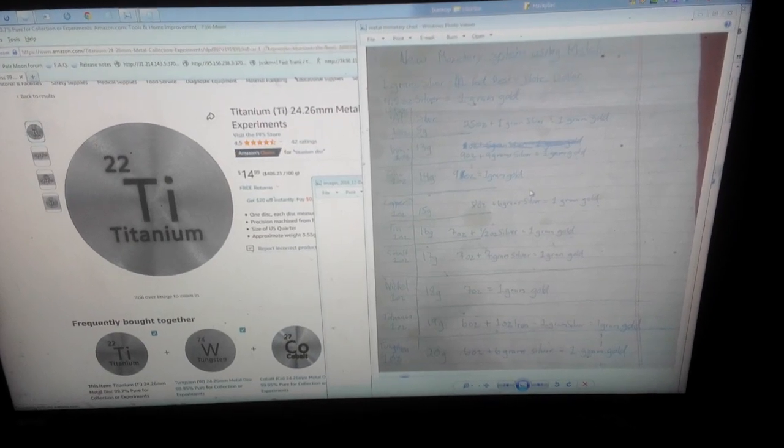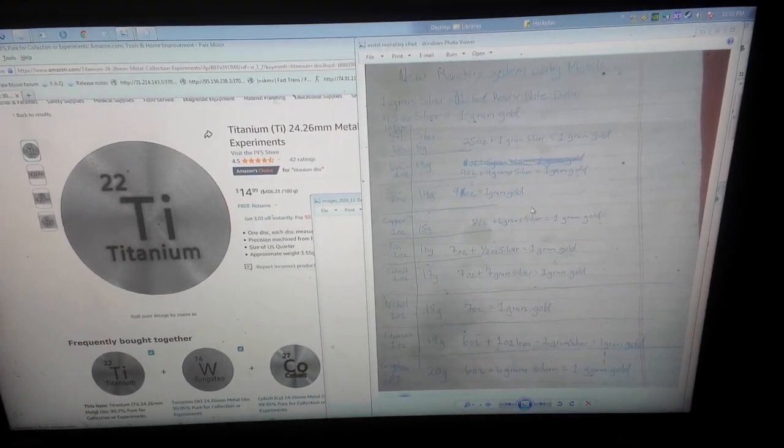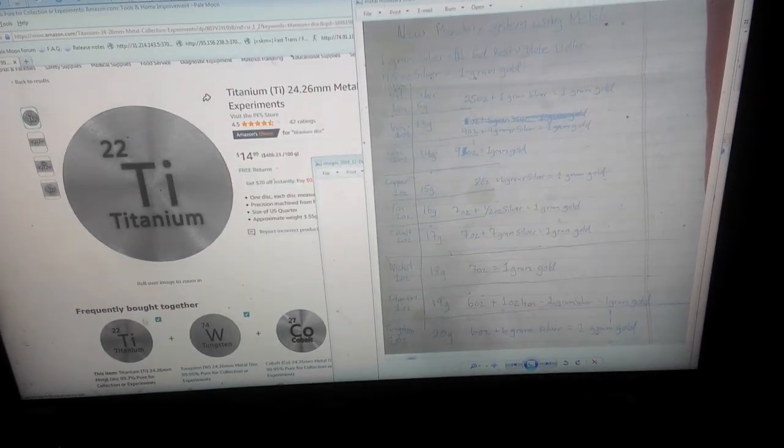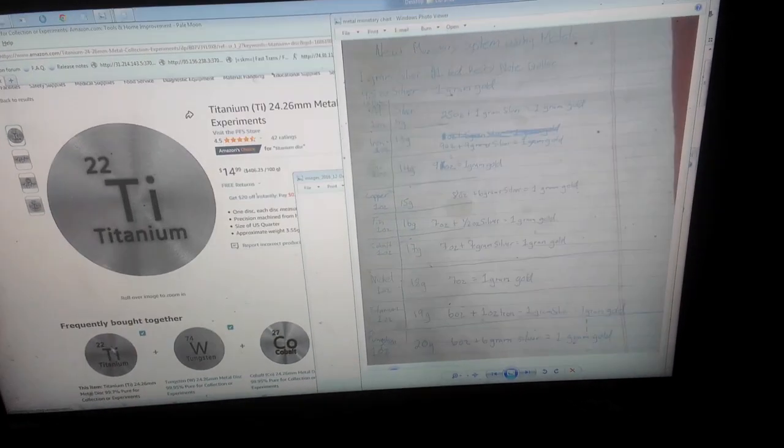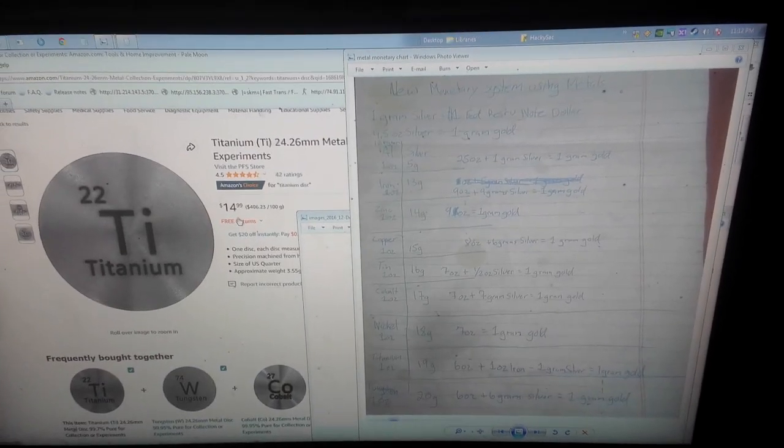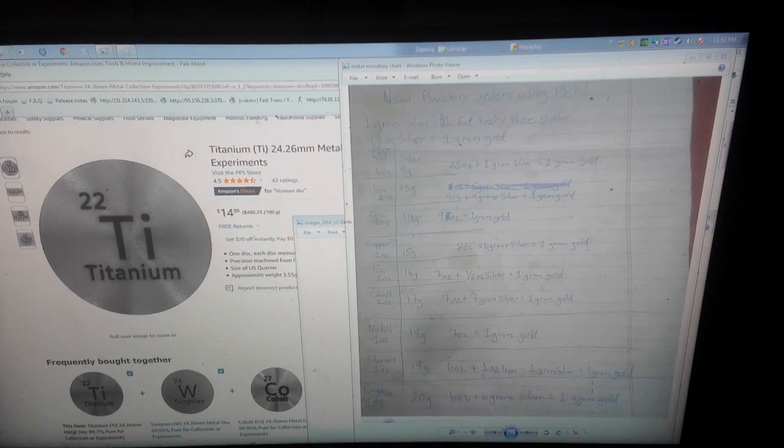Okay, this is going to be a layout of the monetary system that I think should be created by Congress, I suppose. I did a lookup on Amazon of all these different metal discs, like titanium, tungsten, cobalt, and it turns out that they make all these really cool science discs that are all the same size. And going by all their prices, with all the current prices of all the different types of metals,